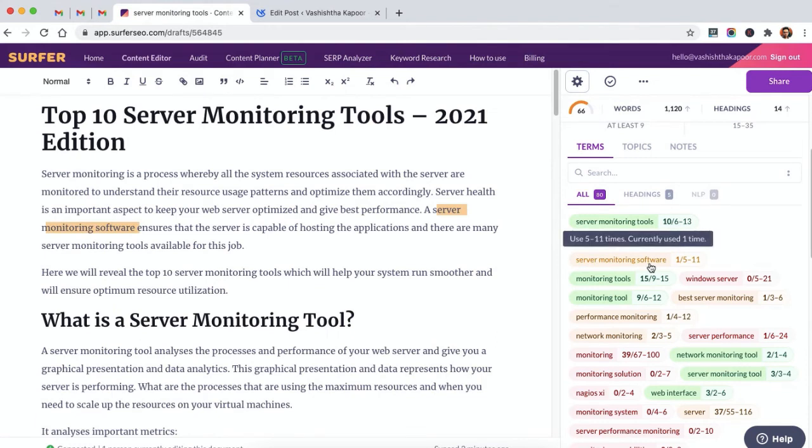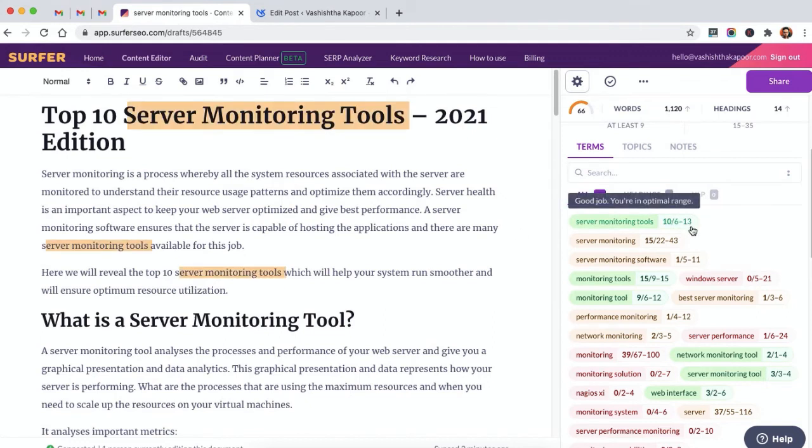So these are the terms that are derived from the top 10 search results, and the content on those results are ranking well. As you can see, this kind of words which are in red, you need to add these words in your content to make it more relevant. So, for example, this keyword is used 6 to 13 times in the top 10 articles.